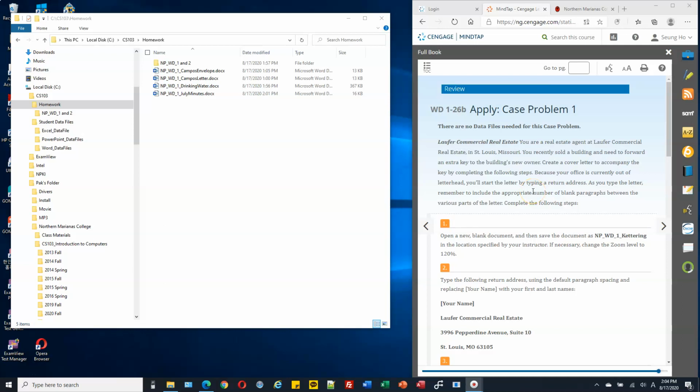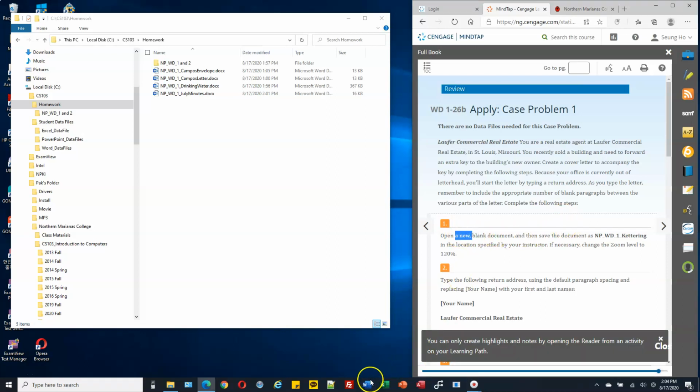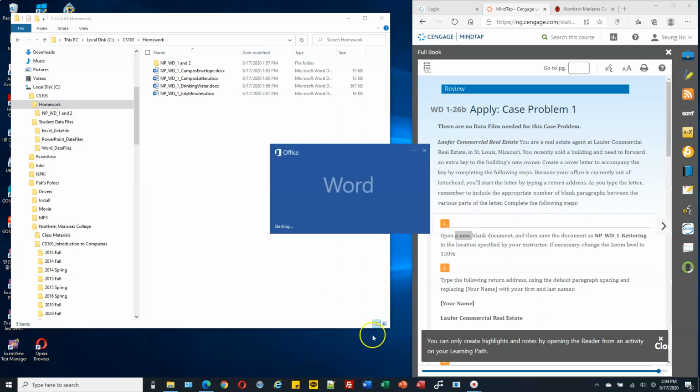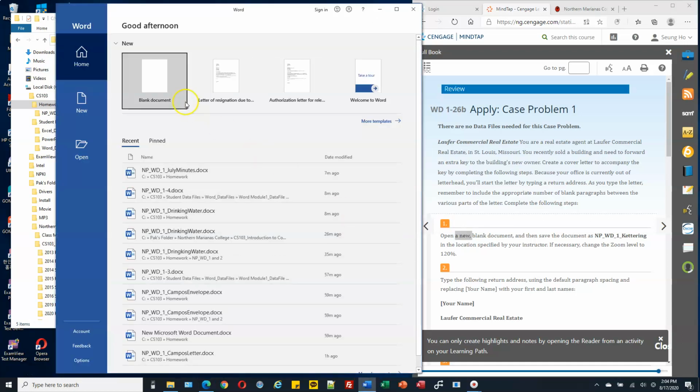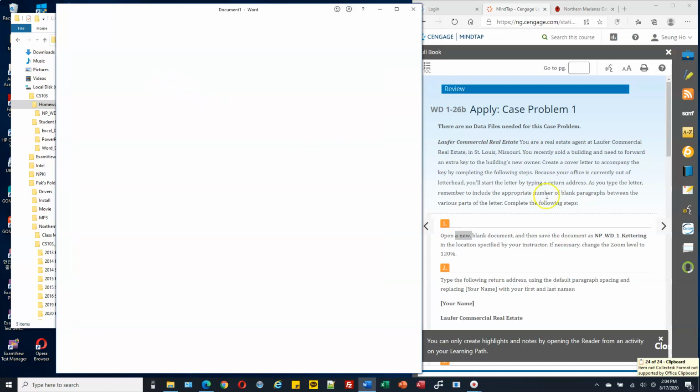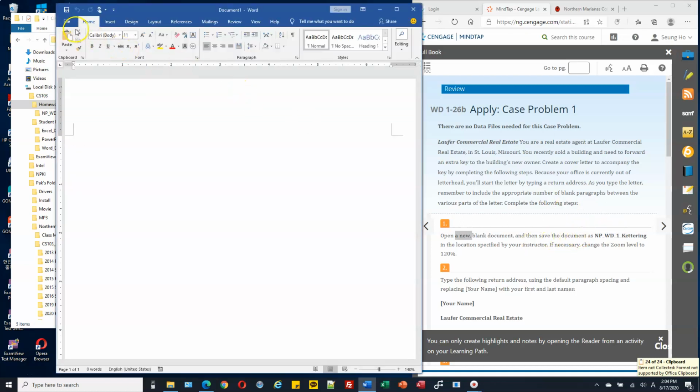Okay, now let's do case problem number 1 for Word chapter 1. Okay, number 1, open a new blank document. So click the Word, Microsoft Word, and then blank document. And then save the file as